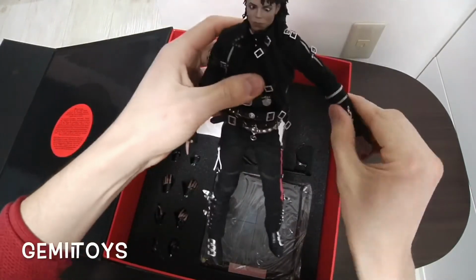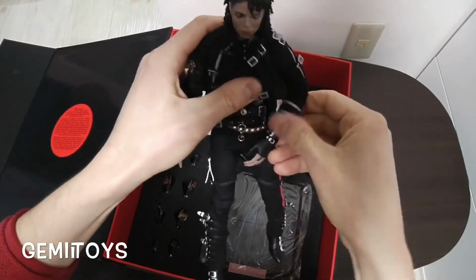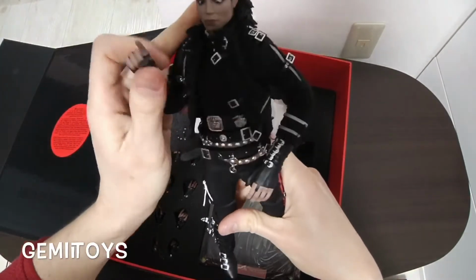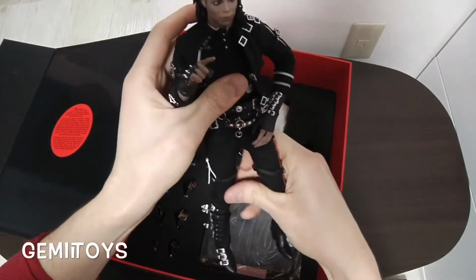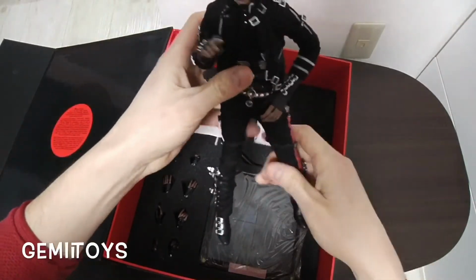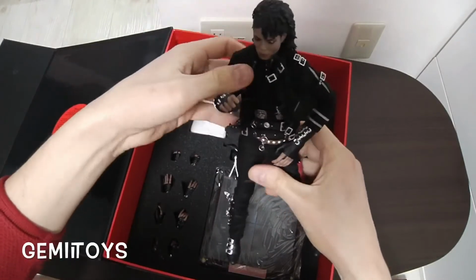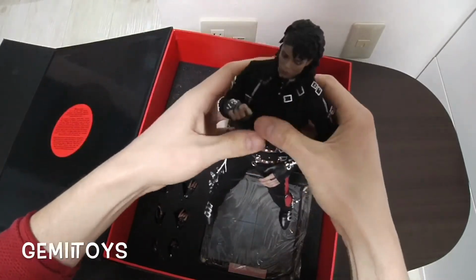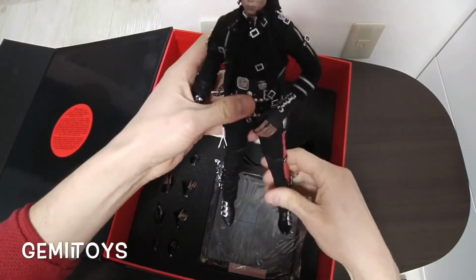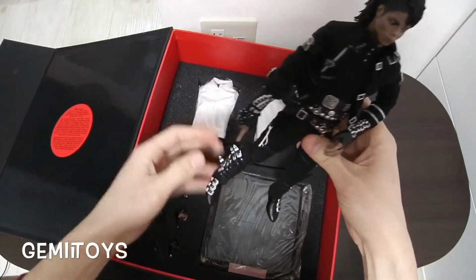Gosh, you know, the first thing you want to do, right, is set him in his typical position. He used to grab his crotch. Gosh, those old days of Michael Jackson. I'm holding this figure, and other than the eyes, I just have to ignore the eyes. It just looks really goofy. Wow. I mean, look at all the belts and,